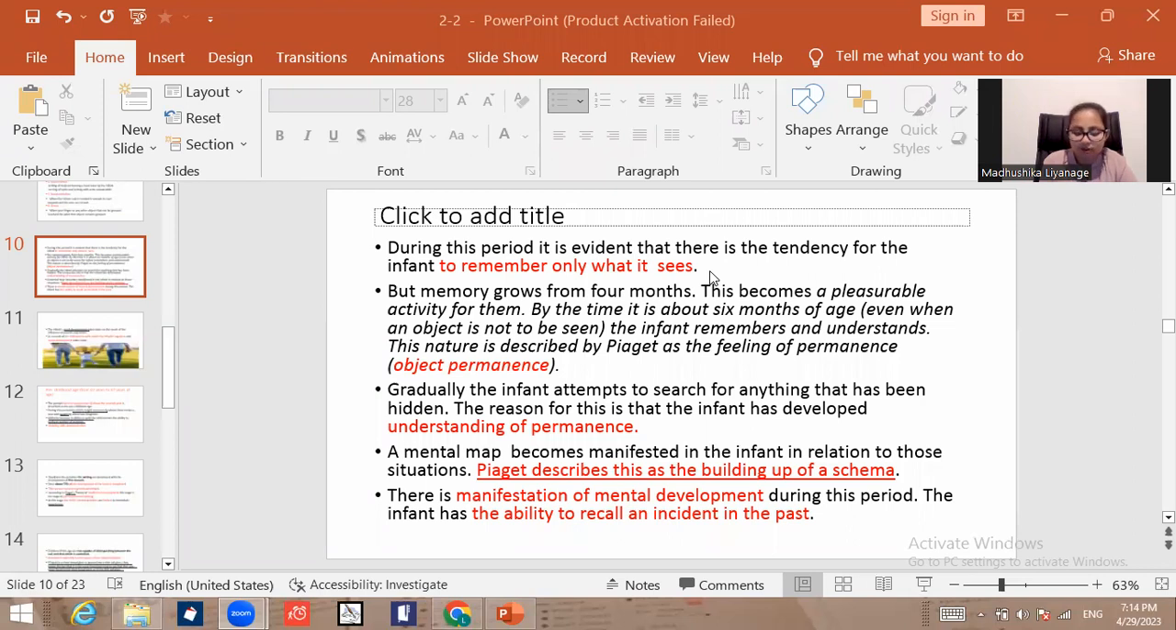What is the highlighted point here, the red color? There are a lot of messages, but I couldn't check them now, right? Okay, so during this period, it is evident that there is the tendency for the infant to remember only what